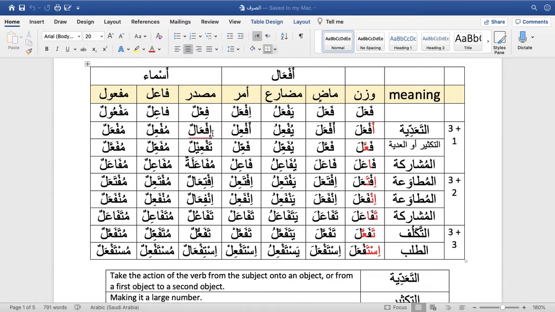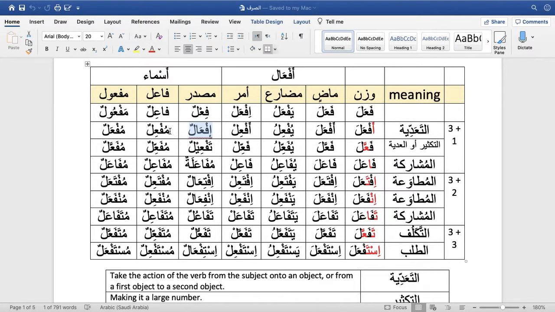Then the masdar will always follow this pattern as well. Hamza with kasra, fa with sukun, ain with fatha, and then an alif mad, and then the last letter. If'alun, ighlaqun, ijlasun, idhabun,